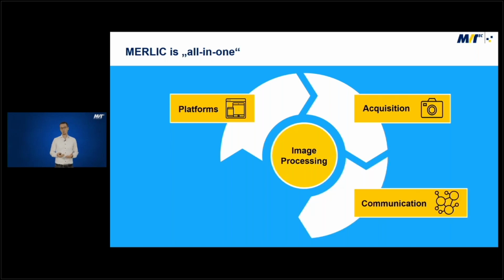Our next very important part is the communication. What helps you the best image processing if you cannot communicate in a proper way with your industrial environment? That's the reason why we include our Merlic communicator. It's also completely separated from the image processing part and serves the common industrial communication standards like OPC UA machine vision, MQTT, socket communication, digital I/O cards, or even different kinds of field buses with the help of the Hilscher CIFX